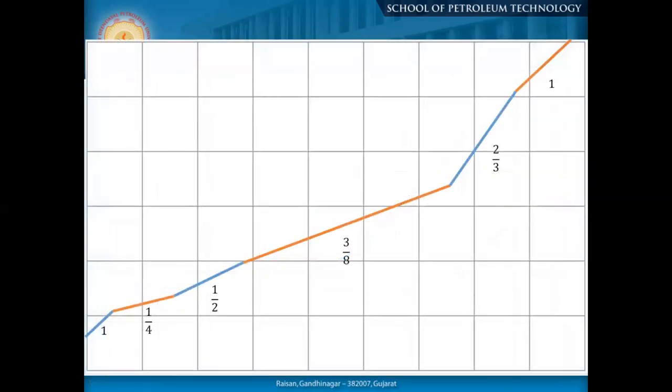This is a synthetic diagram: slope 1, 1/4, 1/2, 3/8, 2, 3, 1. What is the meaning of each and every slope on a log-log plot, and how are you going to interpret the flow pattern with respect to your Q? That is the main part of your interpretation, once you study the diagnostic plot with the conventional plot, hopefully